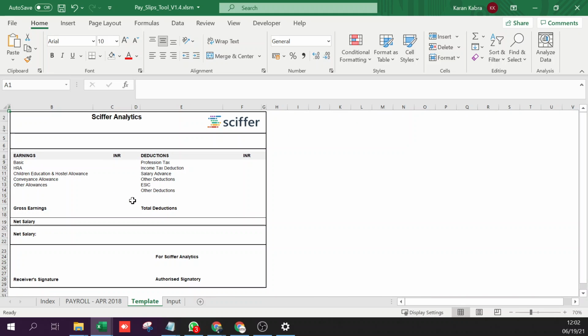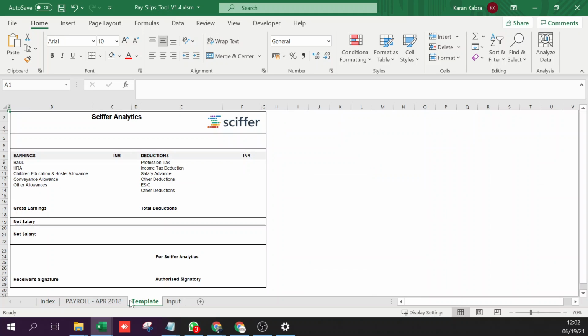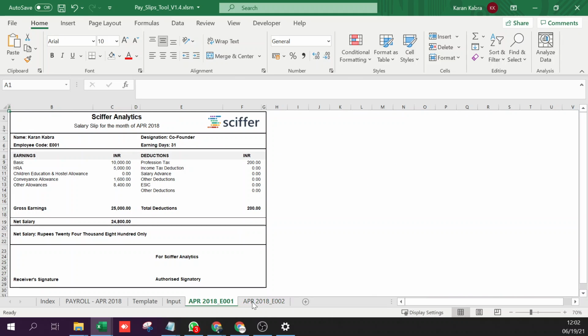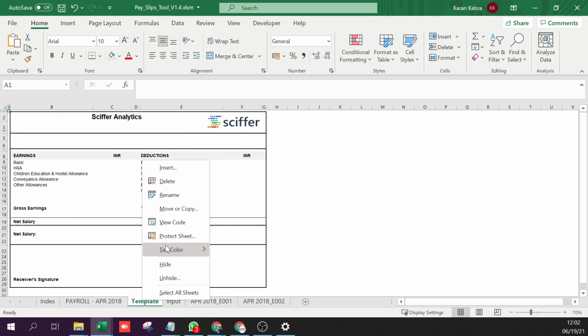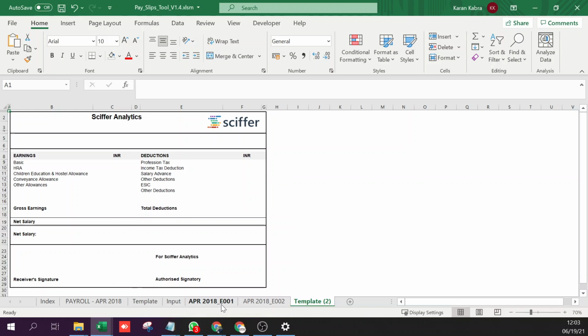And as soon as we clicked on this button, it created 2 new sheets with the same template. We can check this again. See, 2 new sheets. So basically, for that, what I did was, I recorded the code, right click, move or copy, create a copy, move to end. This is what I did.